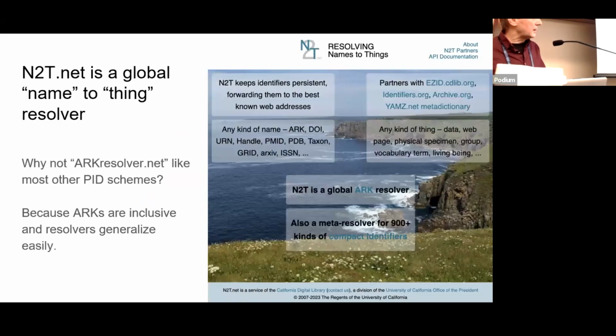So here's the homepage of the global ARK resolver, the name to thing resolver. The name is short, it's mostly opaque, and N2T is opaque until you learn it, and then you know something about it. It's patterned after some of the mapping operations proposed in 1997 for the URN, which is the reason we say URI today, because URL became partly the URN. And anyway, there was a set of mapping operations, and this sounds like one of them.